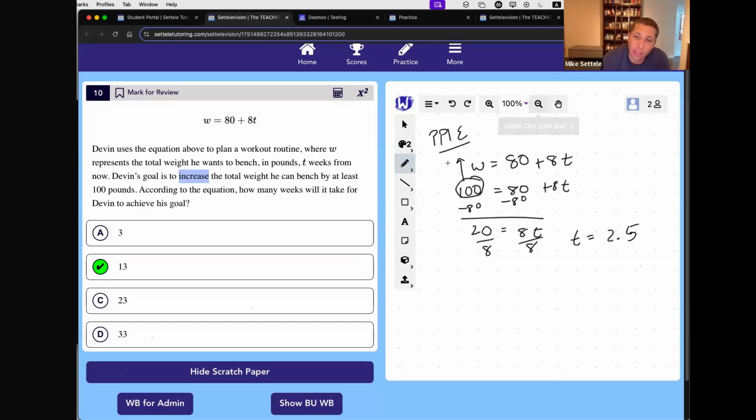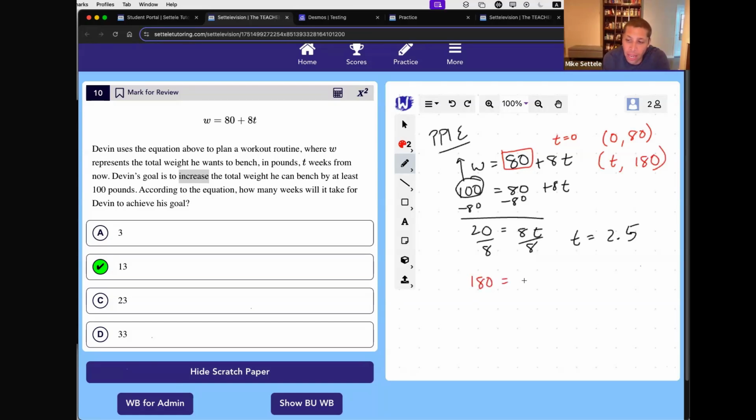And what we have to recognize is there's a little bit of a point buried in this equation. Because even if we just do t equals 0, right? What's his weight now? How much is he benching right now? We would find that he's already benching 80, is it pounds? Yeah. So we could think of that as a y-intercept, lots of ways to think about it. But if he's already benching 80 and he wants to go to 100, we don't know that value of t, but we know that the actual value we want to plug in for W is 180.